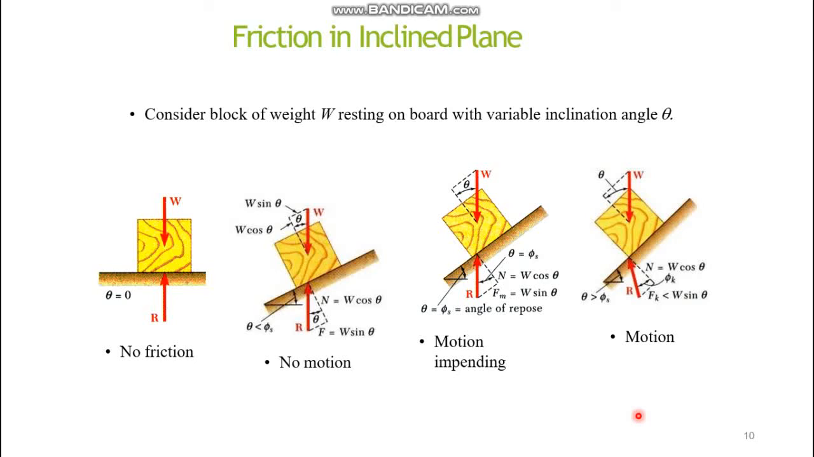So consider a block of weight W resting on a board with variable inclination angle theta. In this case no friction will be there. In this case also no motion is there, as your F value is equal to this horizontal thrust value, and here motion is just impending, and here motion has also started, okay. In this case, when motion is just impending, your theta value will be equal to